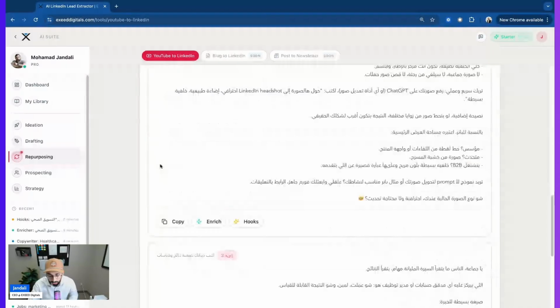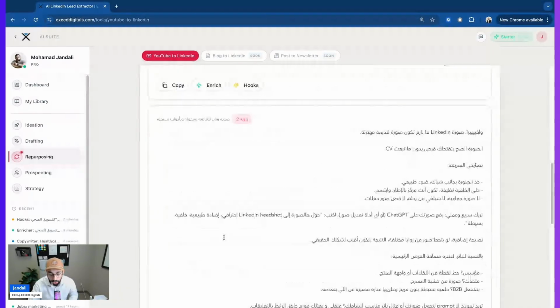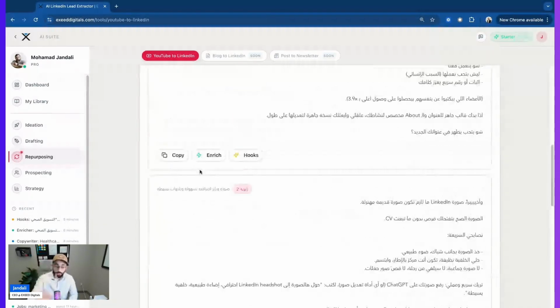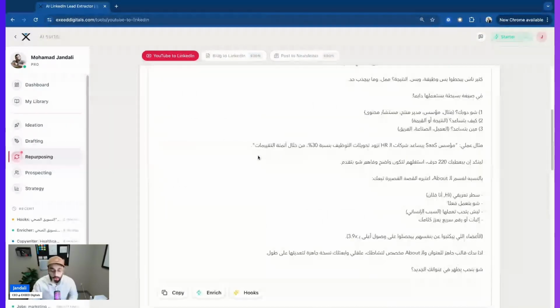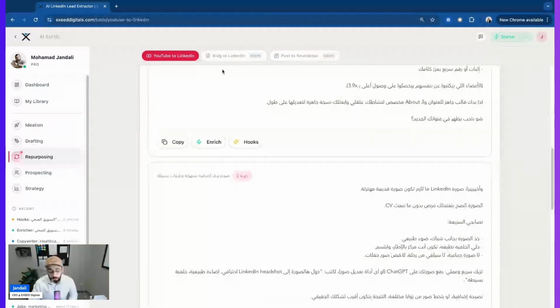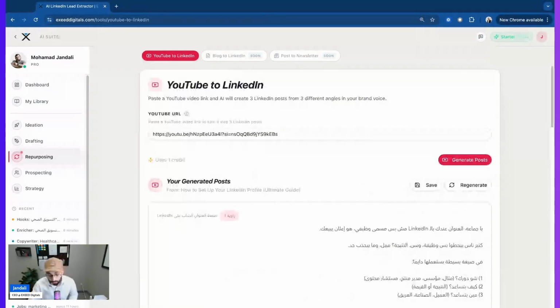And then I have 3 things here that I can do. I can either copy the post, or I can take it to Enricher again, or I can take it to hooks to get 10 hooks. So these are repurposing tools. More interesting features are to come in the next couple of weeks. Now, prospecting is